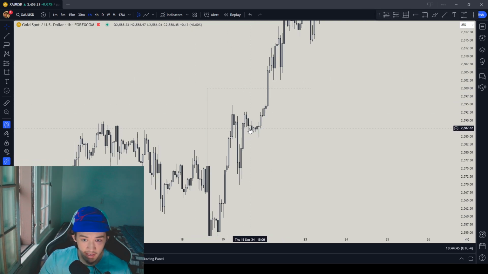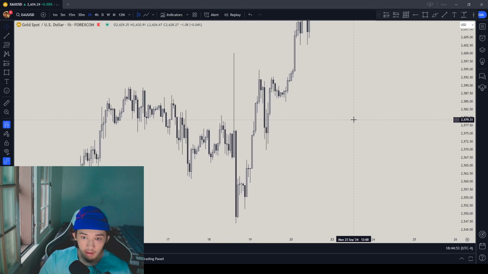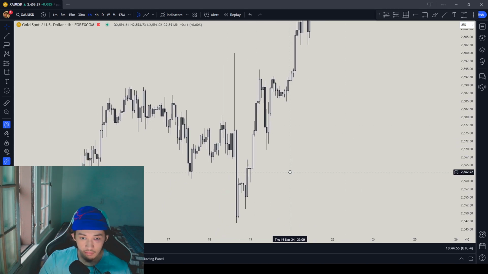Well, this fair value gap causes it to go over there, right? With this supply of liquidity, this fair value gap usually causes the move to go up there. So yeah, that's the main draw on liquidity over there. The market went up there, right? Now, one thing we want to keep in mind is